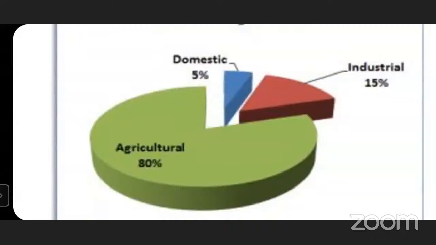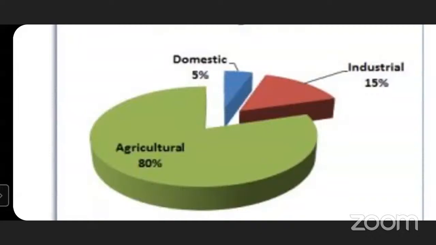Understood? Now see that blue section. Only 5% of water we use for domestic purposes. Domestic use involves water used every day in the home, such as drinking, cooking, bathing, washing clothes and utensils, etc. These are all the domestic uses of water.